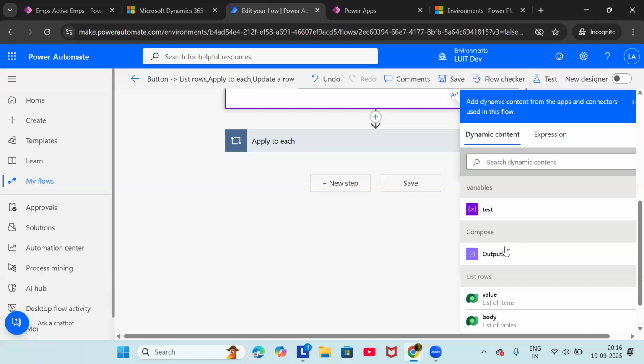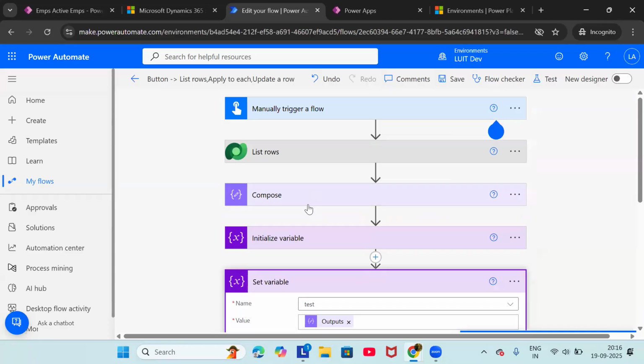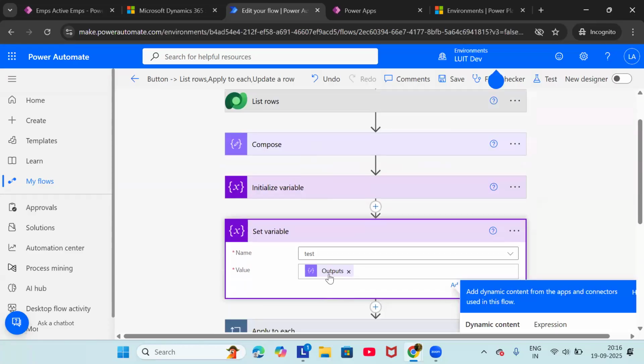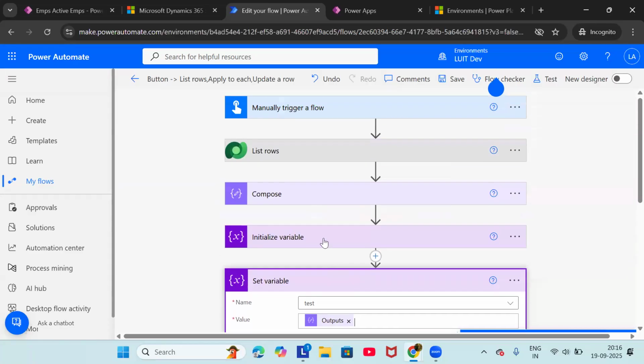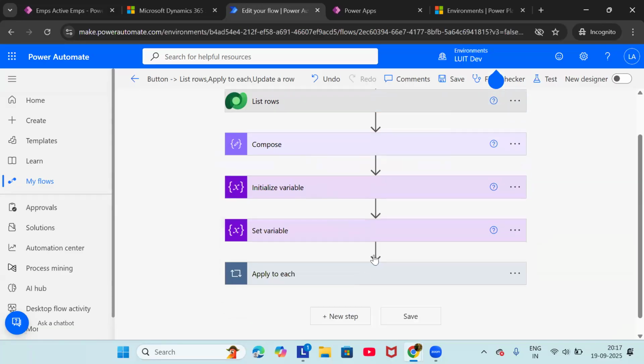Okay, here you can see compose outputs. Whatever formatting is done in this step, that output will come in the outputs. So wherever required, I can use this output of the compose step. So this is simple, straightforward. Okay, and then the next one is,